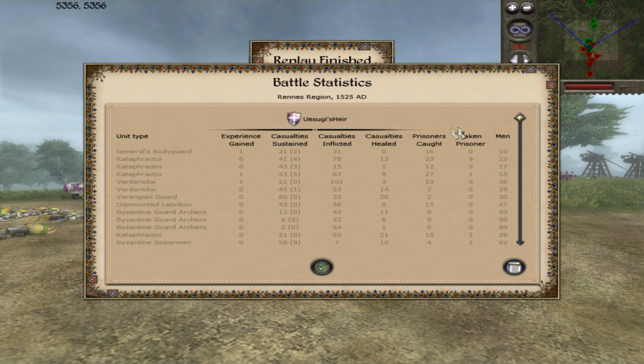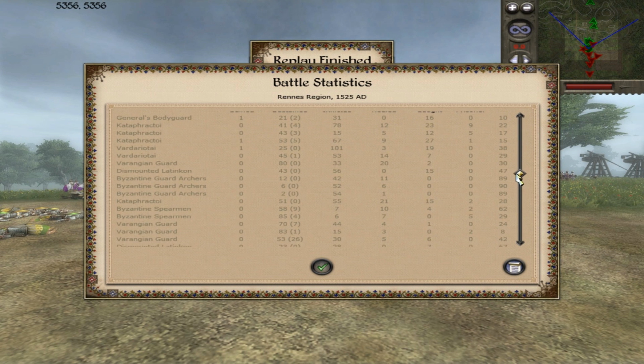Let's take a look at some of the statistics and see how my men did. Let's see, it says casualties inflicted. What are they? These must be my horse archers here. Wow, they inflicted a pretty good deal of casualties. My Varangian Guard didn't do nearly so good as I hoped. Casualties inflicted. No,